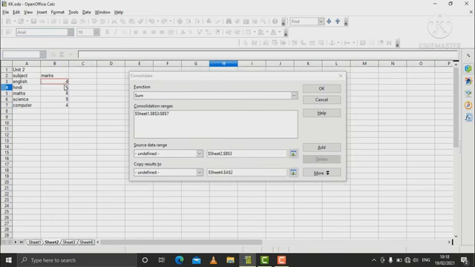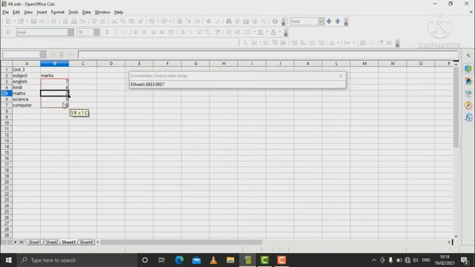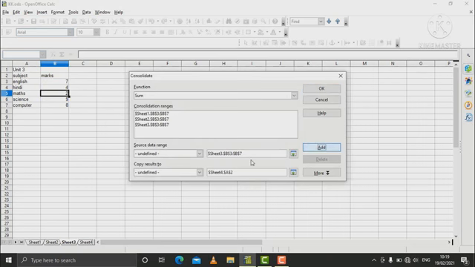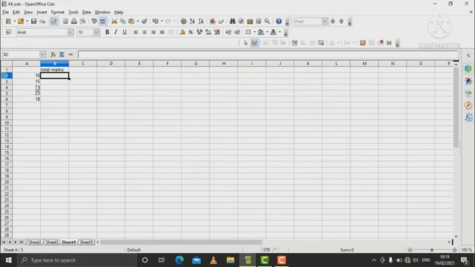Then I click on sheet 2, perform the same task and click on the add button. Then I click on sheet 3, select the range and click on the add button. So you see sheet 1, sheet 2, sheet 3, these are the ranges. Then I have to click on the OK button.